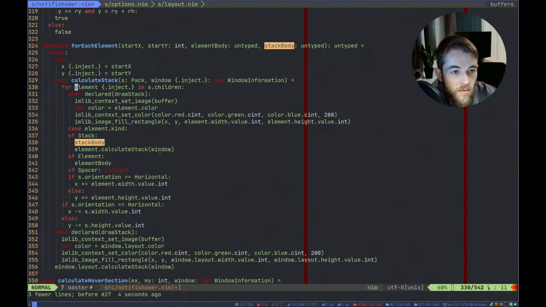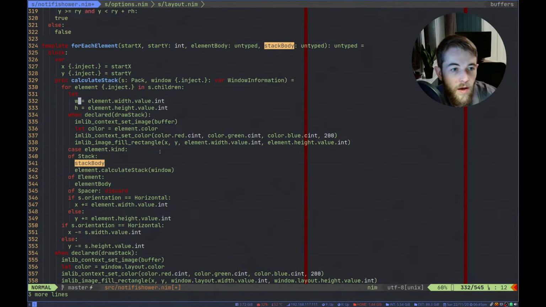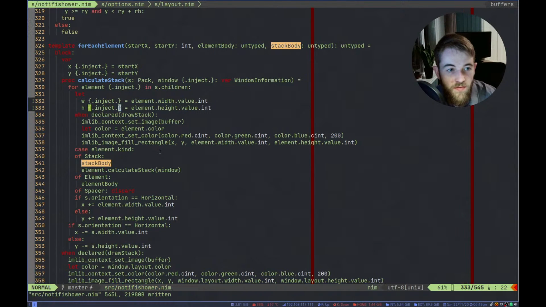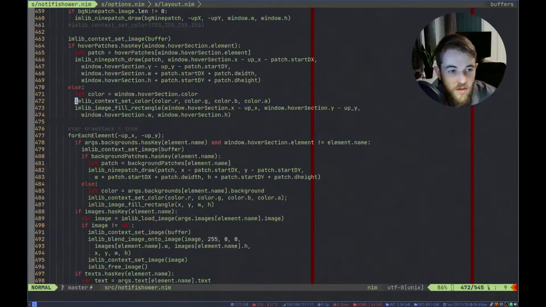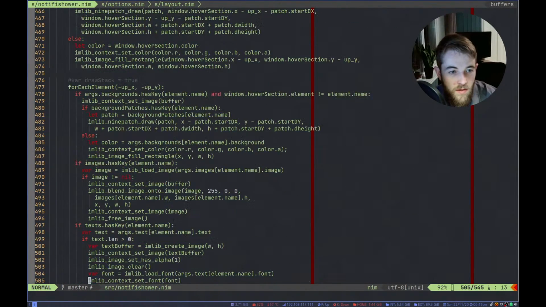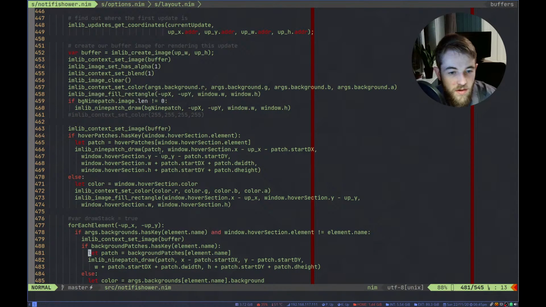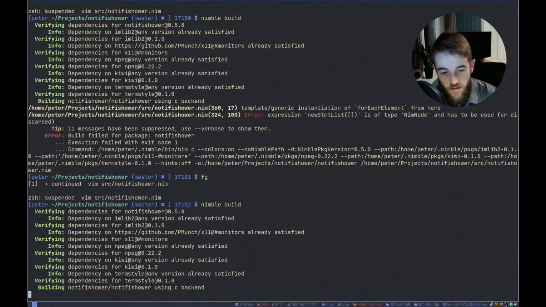We need to add them here, and we need to inject these as well, because every element has a width and a height. So we'll just inject those for the blocks. Where does it say that it's unused? It's not unused, it's used down here a lot. Okay, let's run this and see if it works. Or at least if it compiles. Yeah, compiles fine.